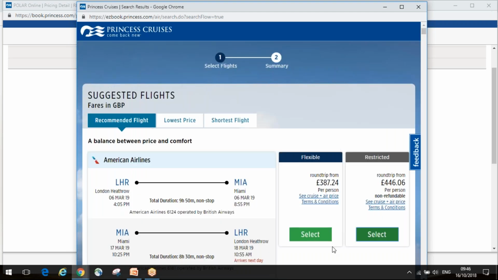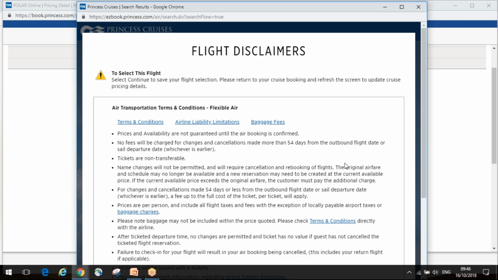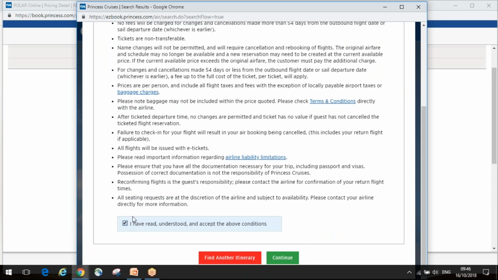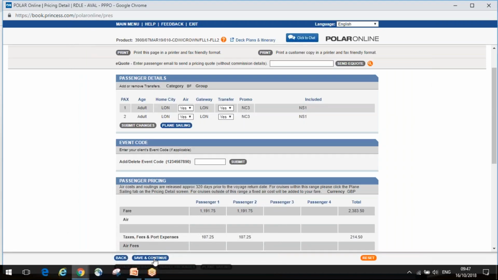Let's take a look at the flexible fare. The flexible fare again will bring up your flight disclaimers. We have to acknowledge that we have read and understood before continuing. By continuing, we have now saved the chosen flights into Polar. And by saving and continuing here,